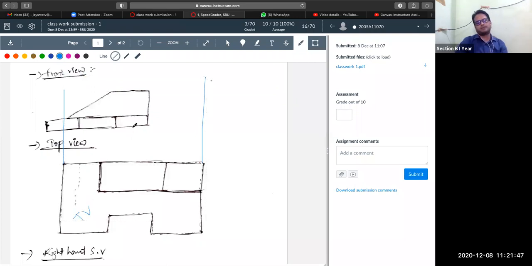If this is your top view, there should be one reference line over here. You have to name it as X and Y. Then you have to draw above this reference line your front view, so you have to make one box like this.